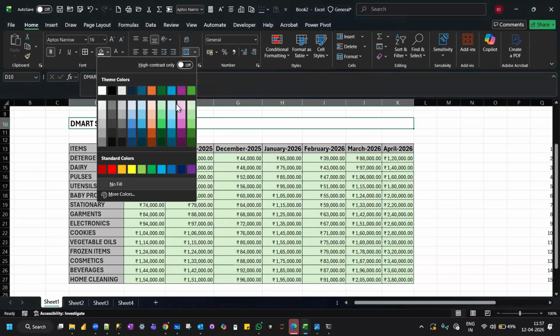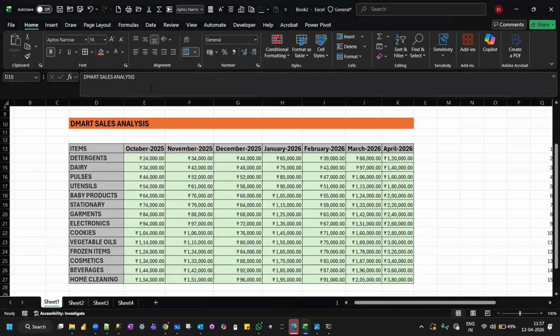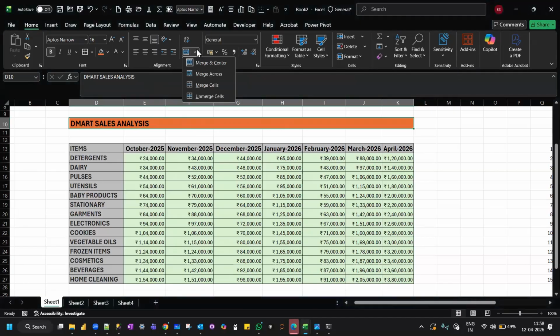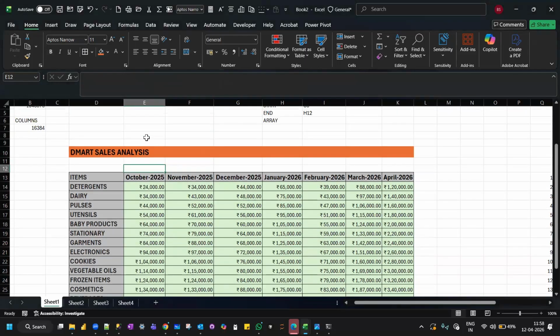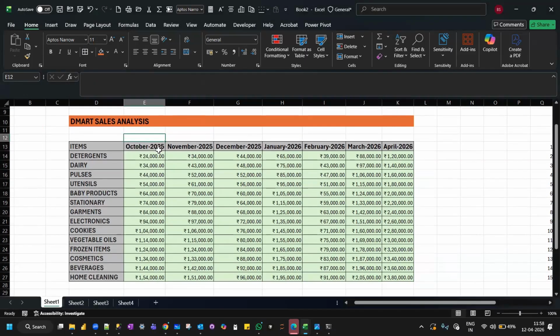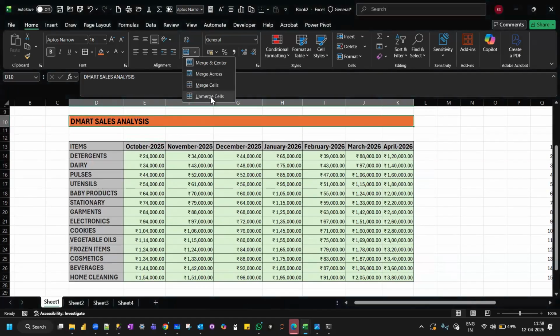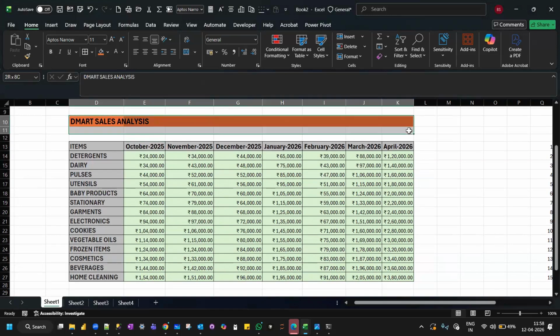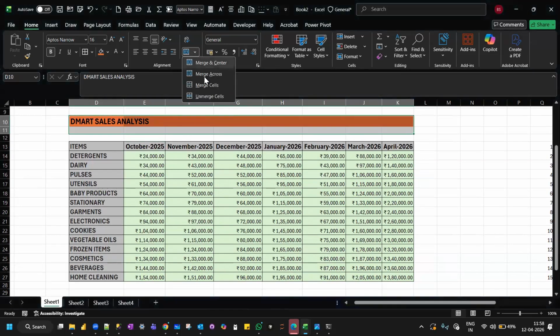Correct? Do you all see this? See, all the cells have merged to have one single cell. Your wish, you can try to have it in the center. You can always unmerge it. Got it? All of you? How do you unmerge it? Go here, unmerge cells. Let's say you want to merge all this. Select here, merge and